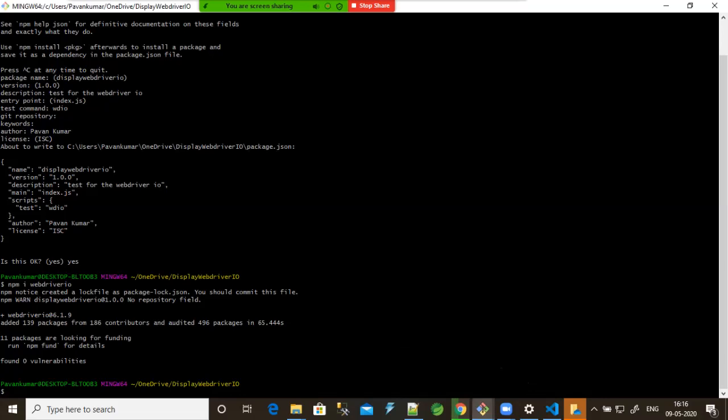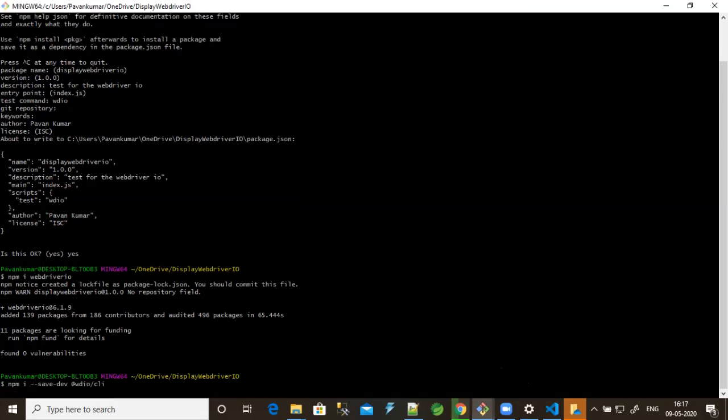WebDriverIO has been installed. We need to execute one more command. This command will help to get all the command line interpreters, which are required to execute our test files.